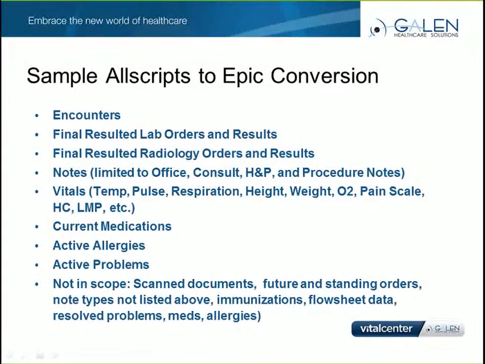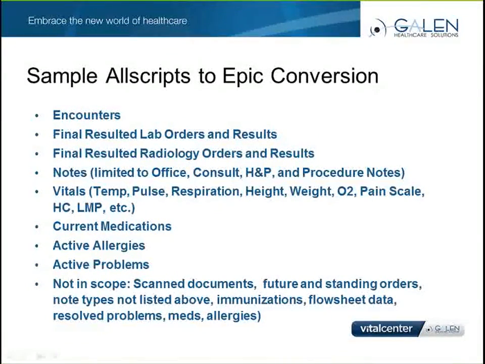trying to figure out workflows that hadn't been considered because people assumed that when they said orders and results conversions, that meant future and standing lab and radiology orders were also being converted. But really, the project team thought it was clear enough that when they said final resulted, that orders and result conversion actually meant final resulted lab and radiology results. If this project team had a list of items that were not included in the conversion, this might have been